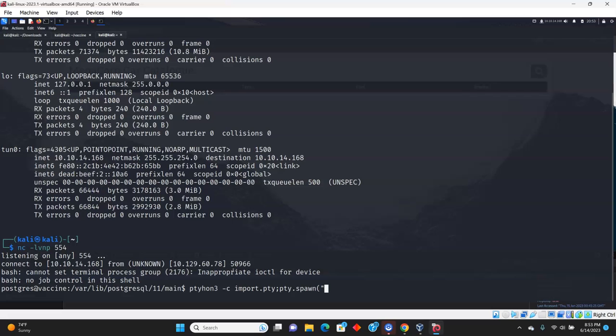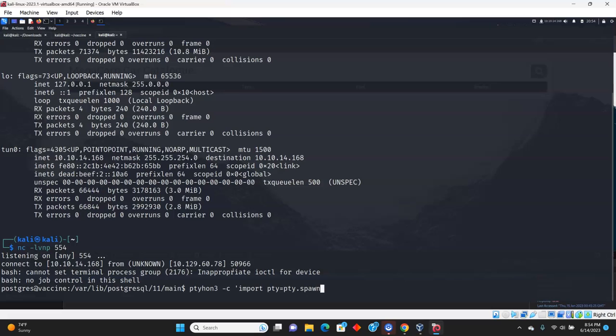Gonna open my parentheses, do a /bin/bash here. Oops. Oh, I'm gonna erase everything. Forgot to put an apostrophe. I can't go back on this machine because it just doesn't allow it. If I try to go back, this is what I get. So I'm just gonna open again, open my quotation, import pty. I have to import the pty, and then